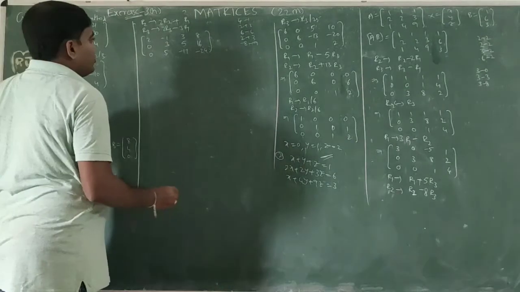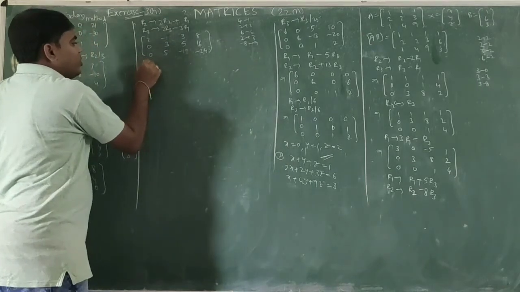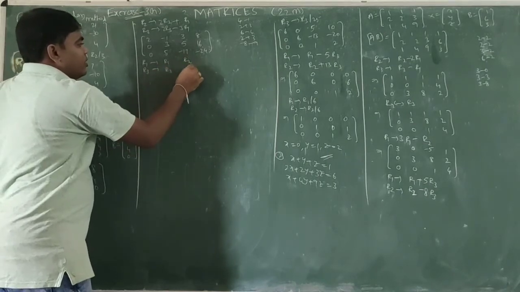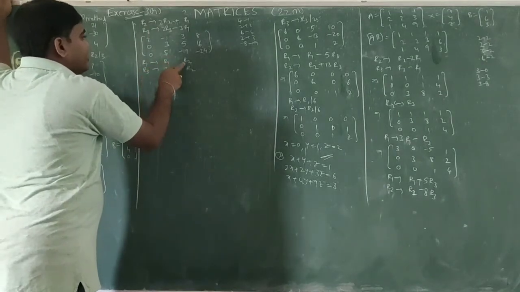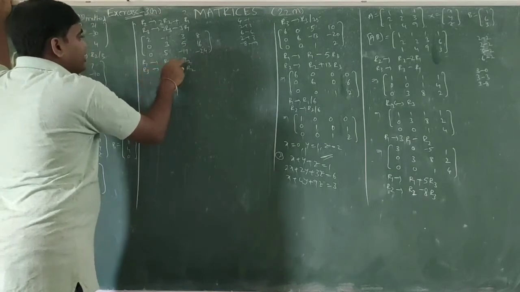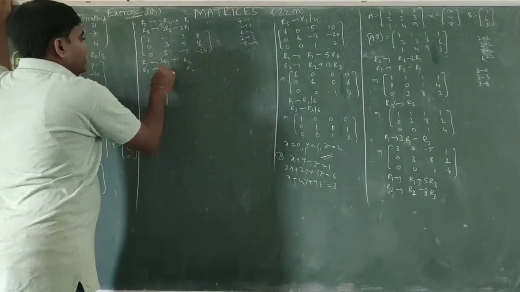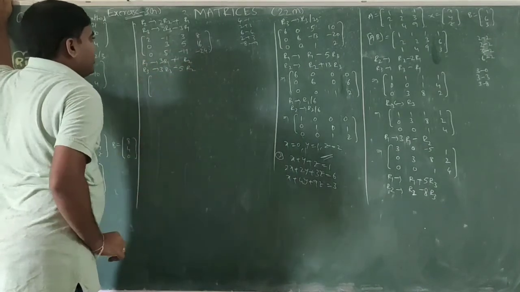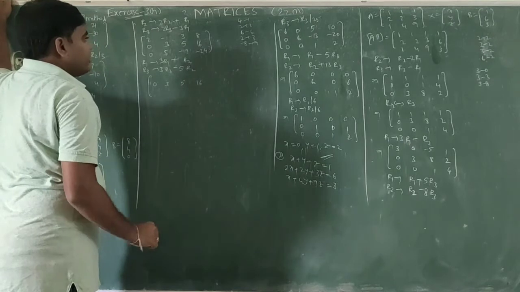Okay, correct. Now second column. If you observe the second column, 3 is the diagonal element; minus 1 and 5 must be converted to 0. R1 and R3 change with the help of R2. So this is 3, this is 3, this is 1, this is 3, this 3 right here. Opposite signs, keep plus. R3: 5 and 3. This 3 right here, this 5 right here. Same sign, keep minus in the middle. So R2 remains the same. What is R2? 0 3 5 16.